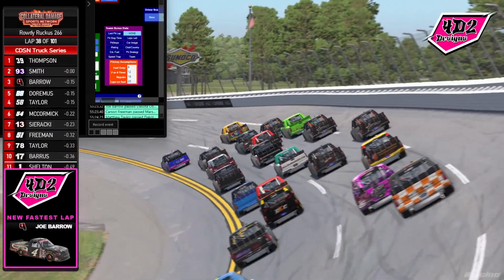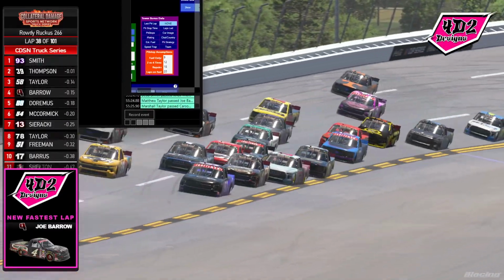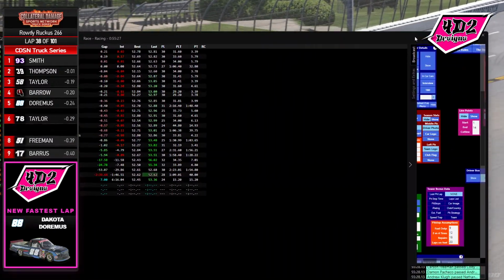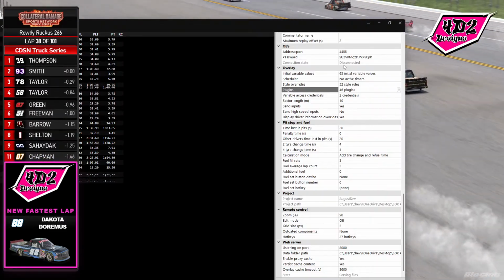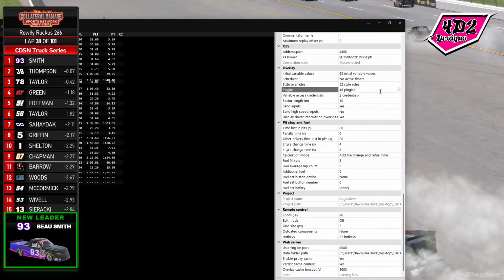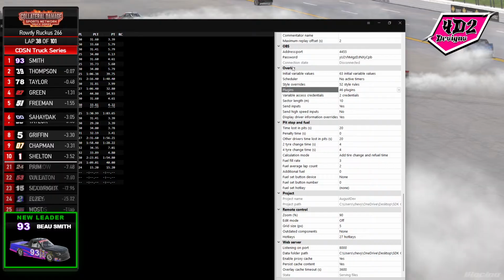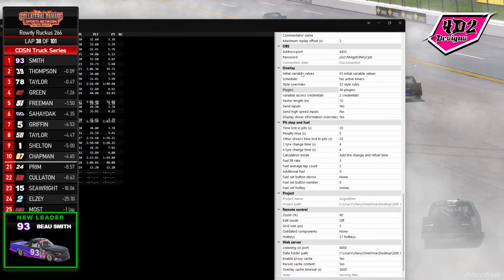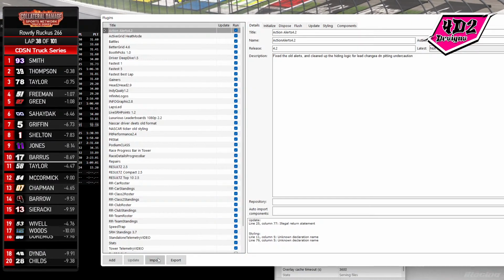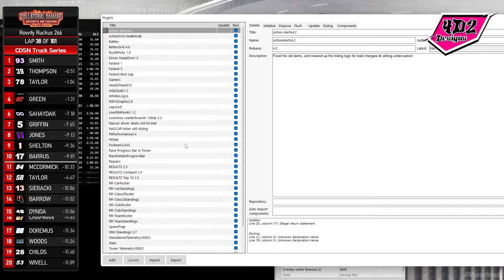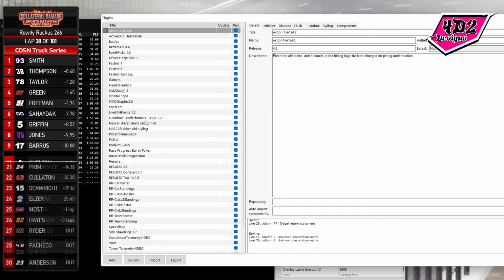All right, as always, we'll start with our walkthrough on the install. You're going to download the zip file, put it somewhere you can access, and go into the plugin manager here in the overlay section of the SDK settings. Once in there, go to the bottom left, click import, find that plugin file, and bring it in. Then once it's here,